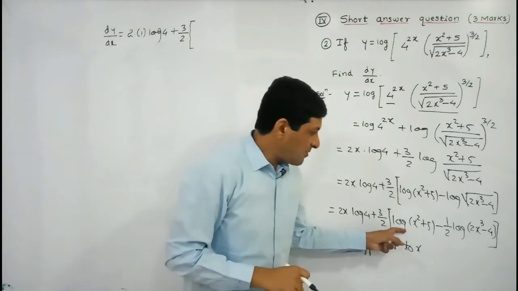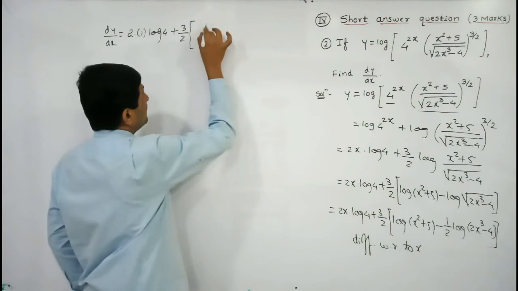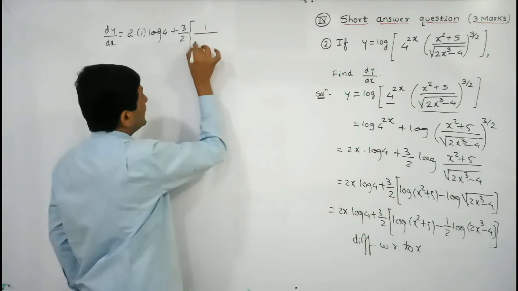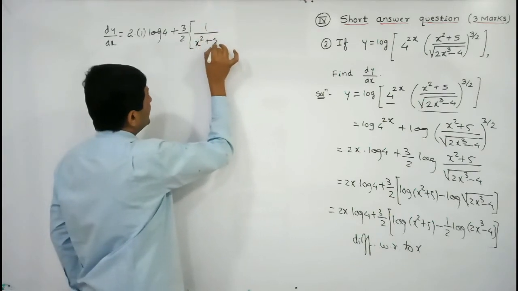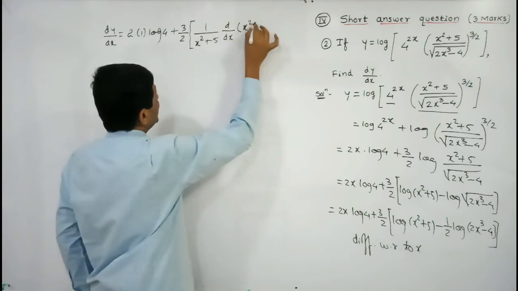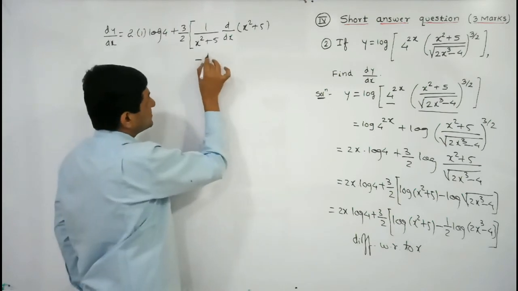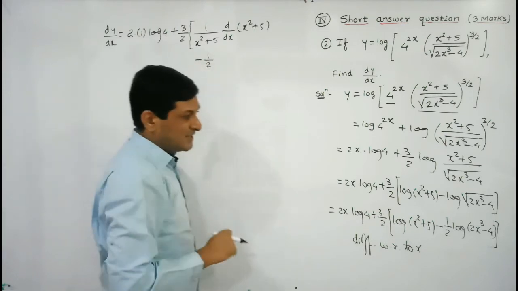So it is in the form of log f of x. What is the derivative of log f of x? 1 upon f of x. What is f of x here? x square plus 5, into its derivative, into the derivative of x square plus 5, isn't it? Keep minus 1 by 2 as it is, and here this term is